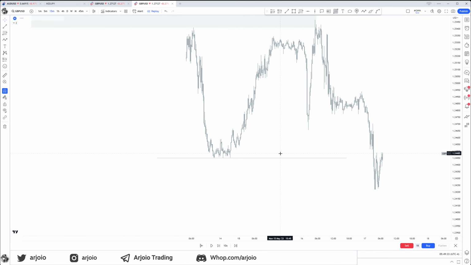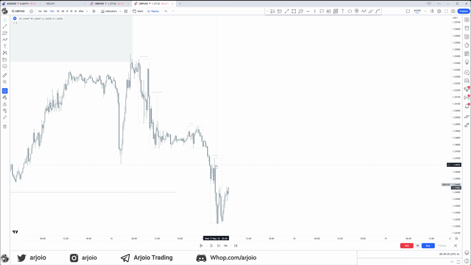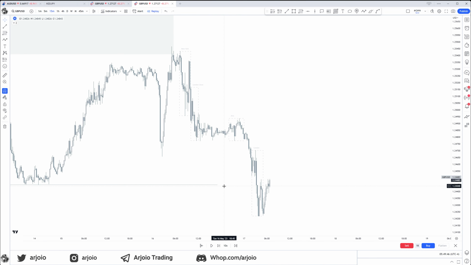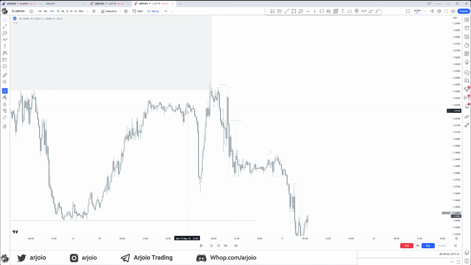So on a 15-minute basis, what do we see? This is just a continuation because we already came off of a premium array on the higher time frame right there. This is your continuation until we reach that discount array. So it's different because this has not yet come into a higher time frame premium array. And again, market maker models, that is something we will get into. So stay tuned.